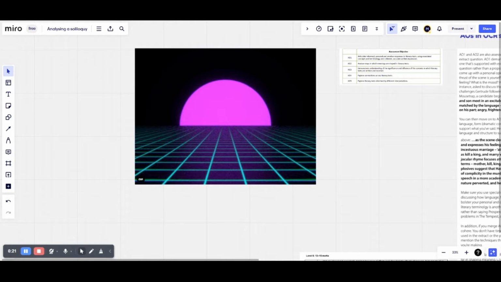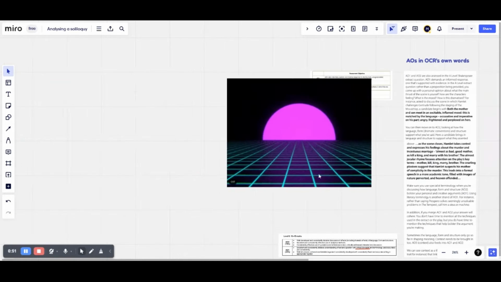Paper 1, the extract question for Shakespeare. We're going to be looking at Hamlet, and we're going to be looking at soliloquies and how to handle this question, which is tricky enough if you have multiple characters, but if you have a single character and it's a soliloquy, how do you handle the dramatic effects, which is part and parcel of the language analysis that you're doing for that. All right, well, let's start with a refresher of the